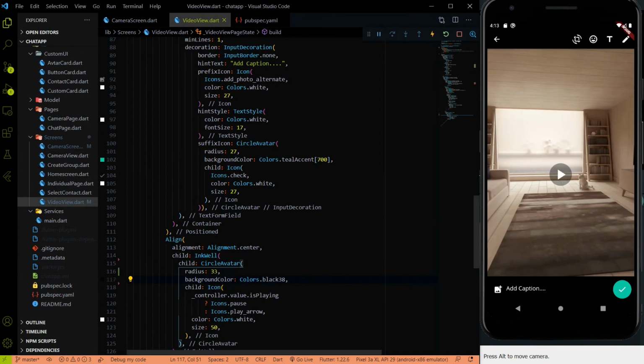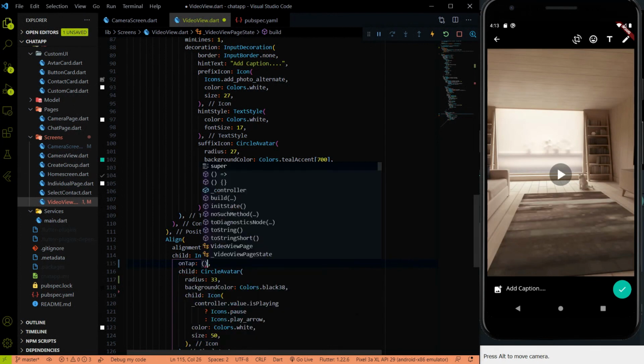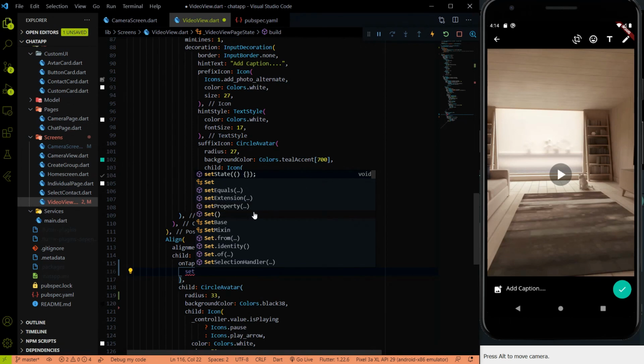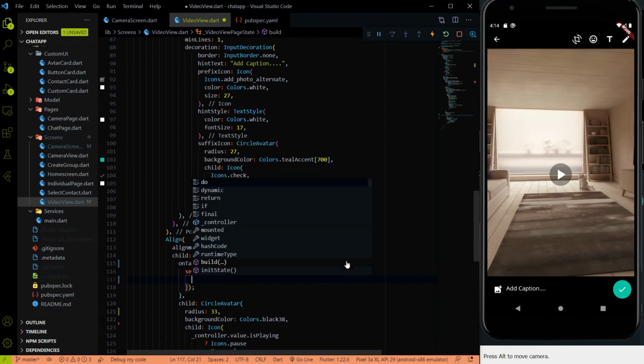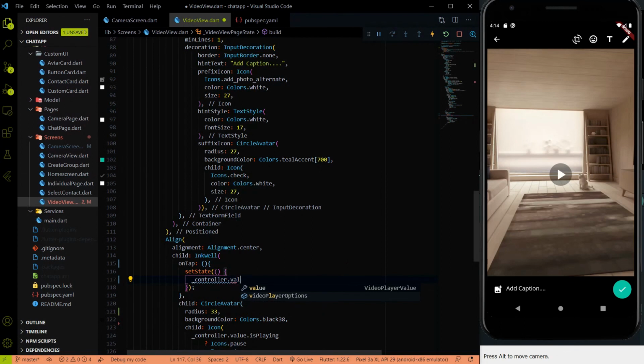Now in the InkWell, we have the onTap method that will control playing or pausing the video. So let me write the logic of playing or pausing the video. So in a setState, we just have to play or pause the video. So we are going to use again controller.value.isPlaying.